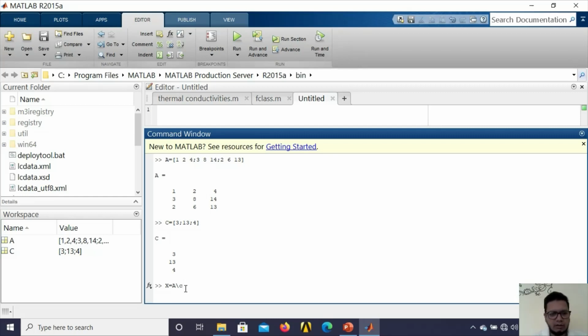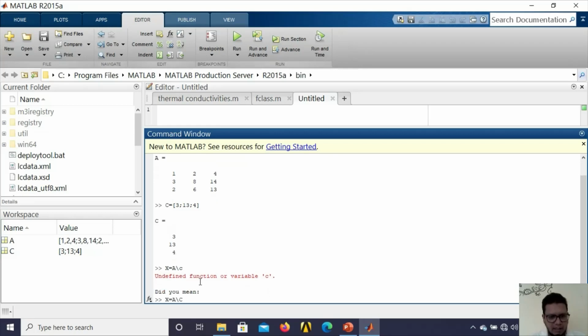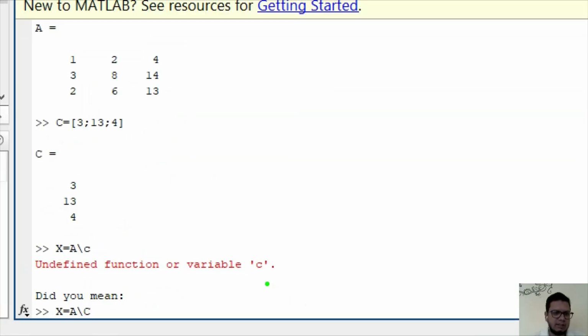Now if I press enter, it will show me an error: undefined function or variable C. It means MATLAB is case sensitive. Whatever variable you use here, suppose capital C, the same variable you should use here. You cannot use a small c.